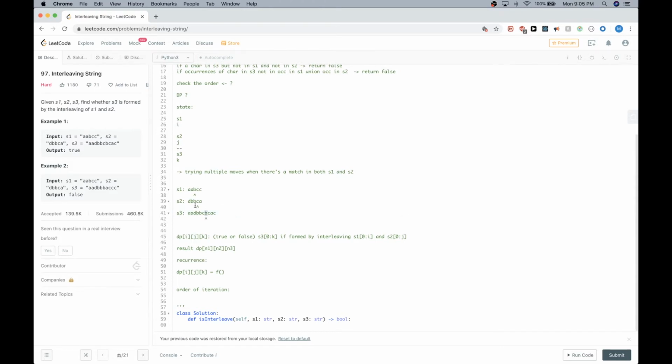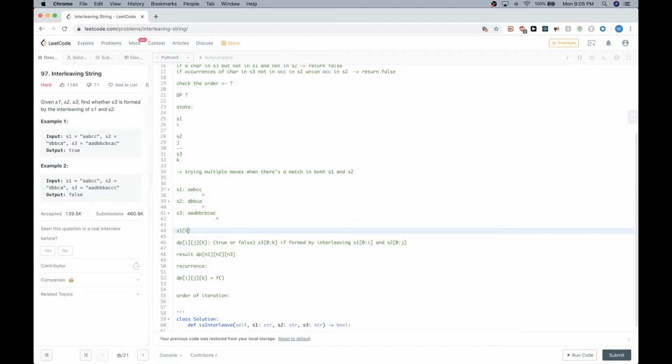And now I'm at this B. So this C, I used it, so I advance, and then I'm at this B, I use that, I advance. Now I use this C, and now I use this A, and then I use this C, and that should return true, right? So what I'm doing here is essentially matching S1 at position maybe i plus 1 with